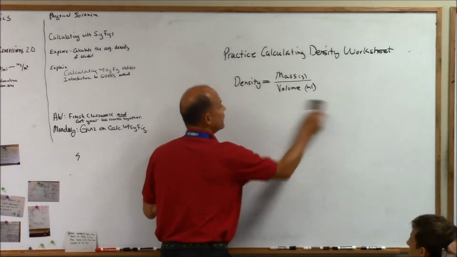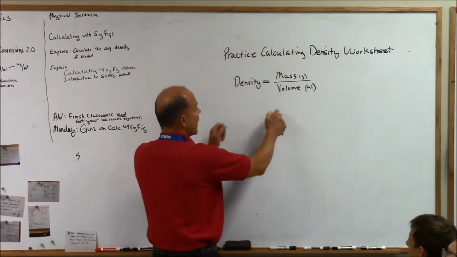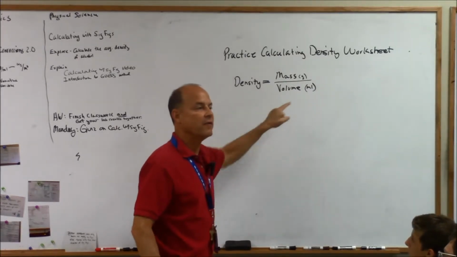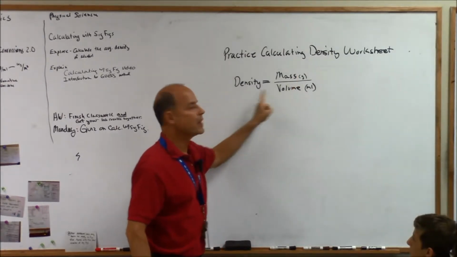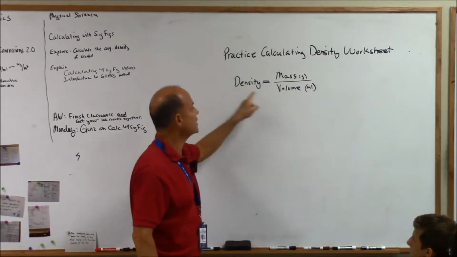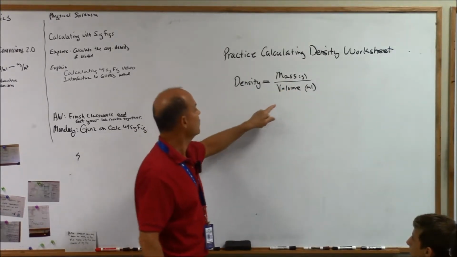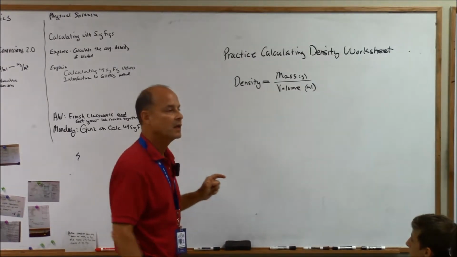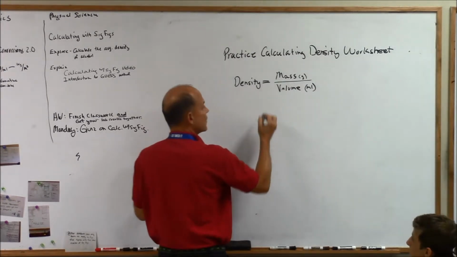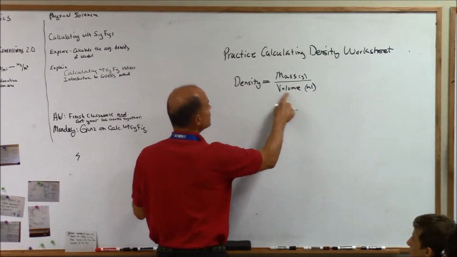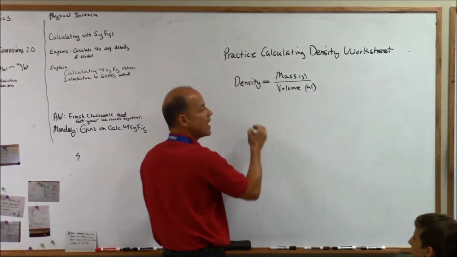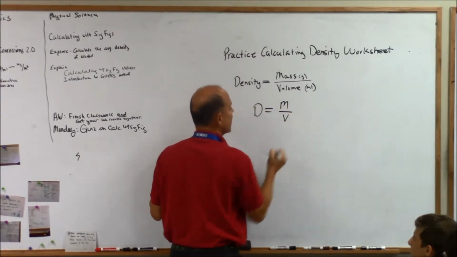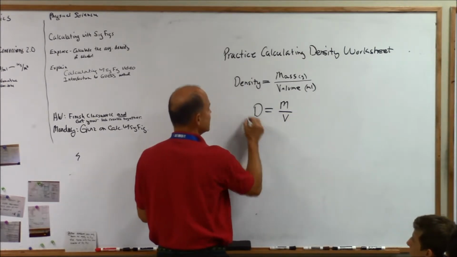Okay? So if I want to know what the mass is, and I know the volume and the density, in fact, if I know any 2 of these, you can find the third. If I know the mass and the volume, I can find the density. If I know the volume and the density, I can find the mass. And if I know the mass and the density, I can find the volume. Let's take it one at a time. If I want to know what the mass is, I just multiply both sides of this equation by volume. I'm going to use letters here instead of the words. So here's density, mass, volume. If I multiply both sides of this equation by volume,